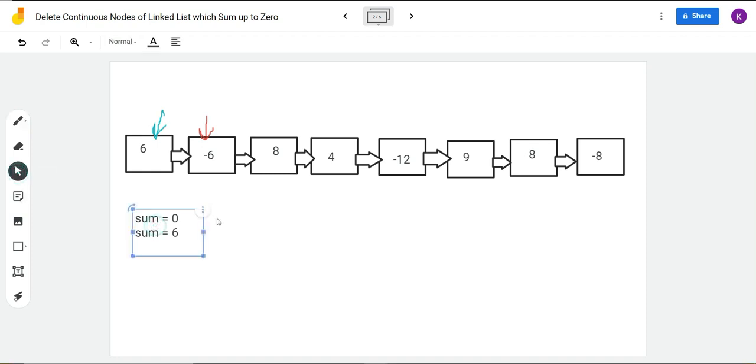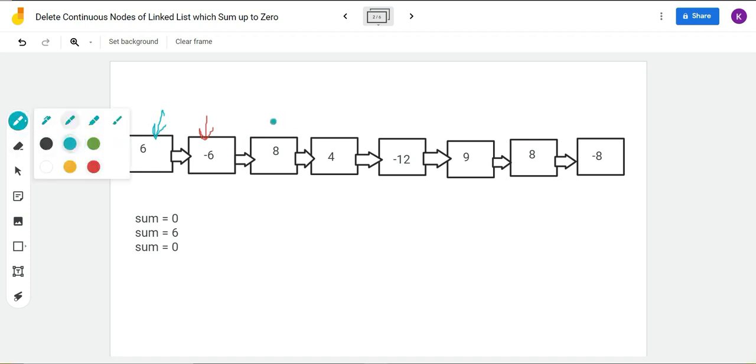Here we update our sum and the sum will become 6 minus 6, that is 0. Our sum has become 0, which means that 6 and minus 6 added up to 0. So the head of the updated linked list, the new linked list, will be pointing to 8 instead of pointing to 6, and our current pointer will move to the next node.